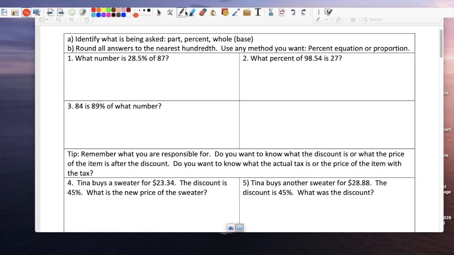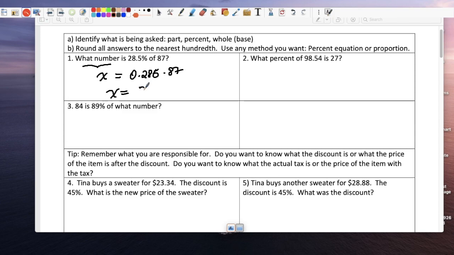So now, again, for these, you have a choice. Like I said, what number is, I don't know, so I'll identify that as x. Is means equal. 28.5, I'm going to change it to a decimal. And of means 87. Right? And you just multiply those two numbers. 0.285 times 87